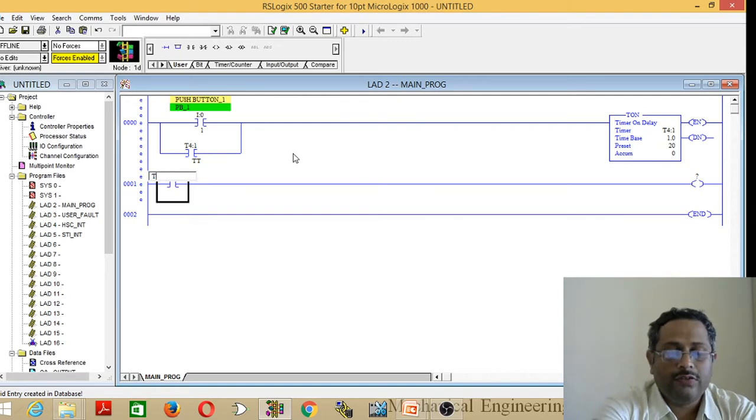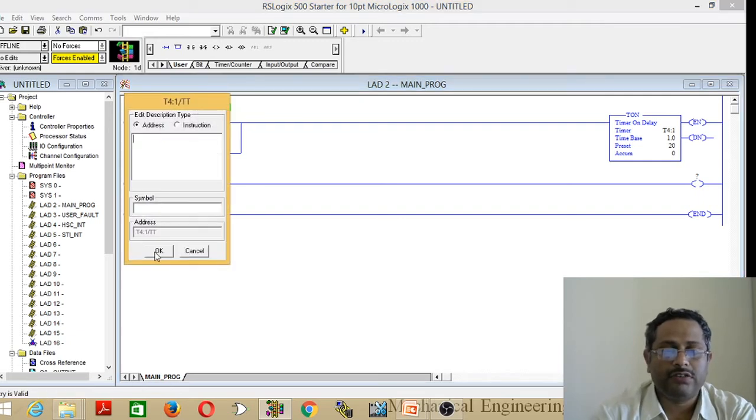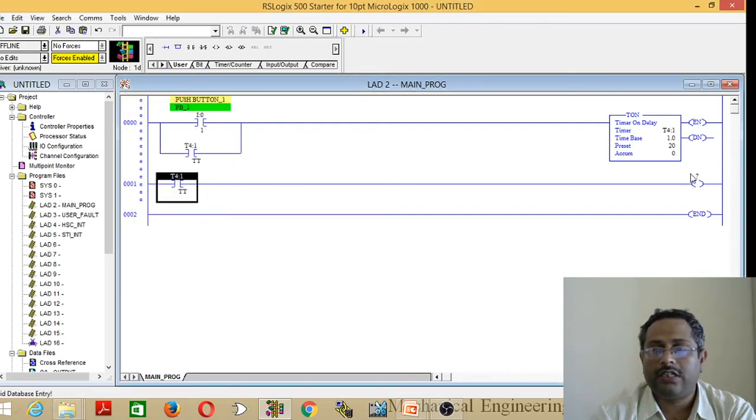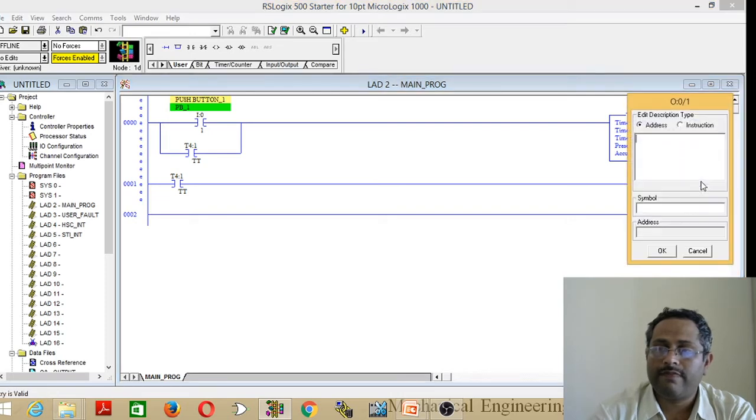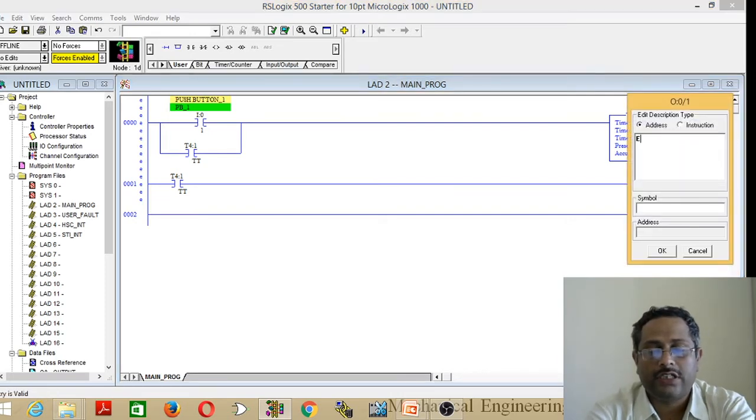This contact will operate based on the timer state. We are using the TT bit here, that's why we are typing TT, and then give the address to the output, that is O:0.0. This is the same for all output addresses, slash. Here the output coil is connected to the first bit in a PLC, type 1. Okay, this is connected to the electric bulb for demonstration.